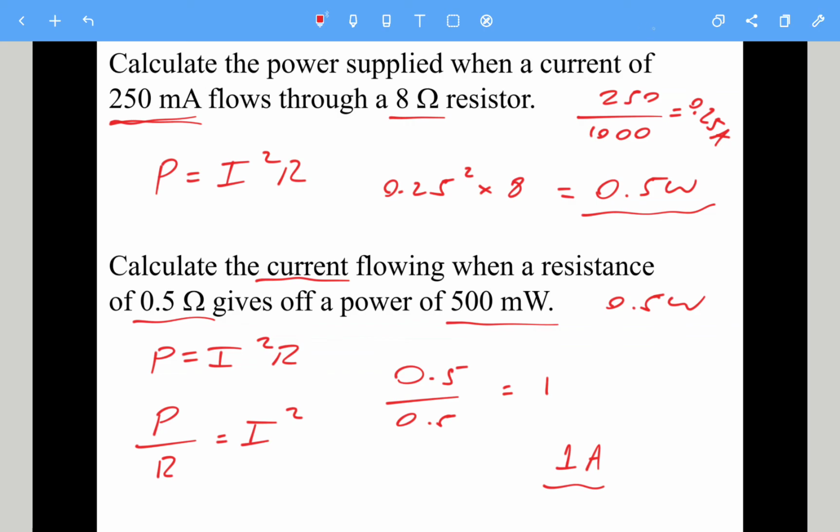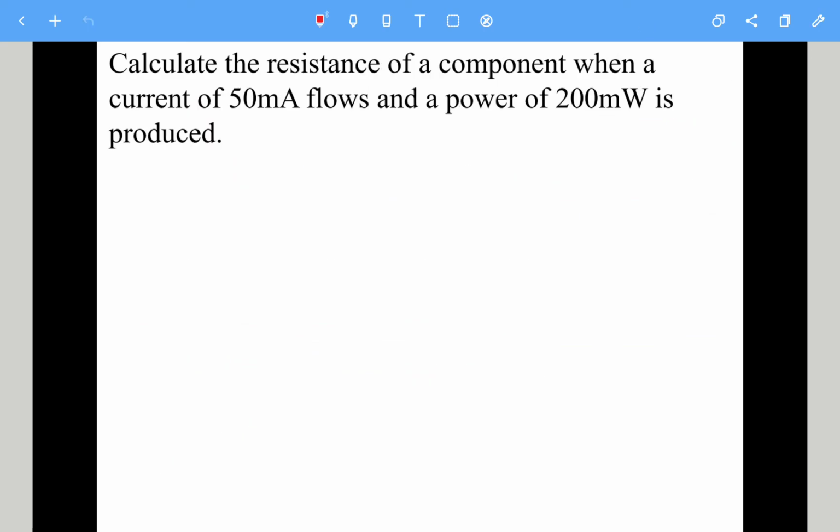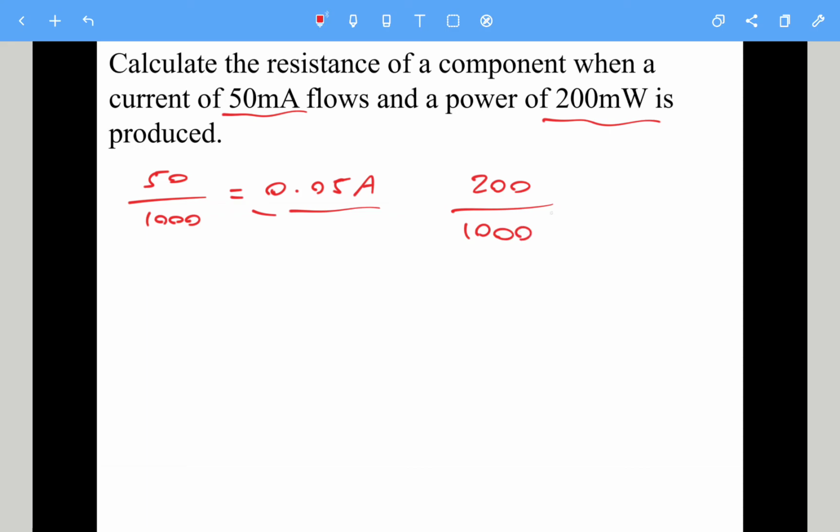Okay, one last one. So let's pause and have a go at this one. Final one, calculate the resistance of a component when a current of 50 milliamps flows and a power of 200 milliwatts is produced. So we've got 50 milliamps and 200 milliwatts. So we need to divide them both by 1,000. So we've got 50 divided by 1,000, which is 0.05 amps. And then we need to do the 200 milliwatts, so 200 divided by 1000, which gives us 0.2